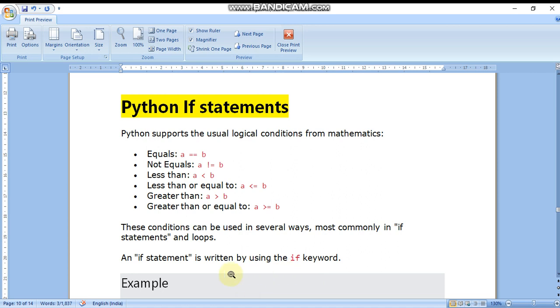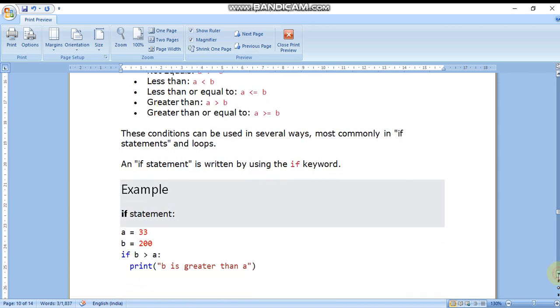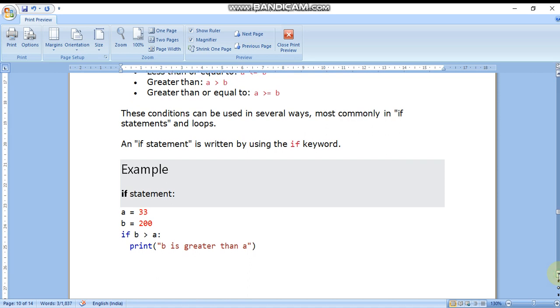The first one that I'm going to discuss is the if statement. You will see here that if should be in small letters. An if statement is written by using the if keyword. Let's see the example: a equal to 33, b equal to 200, and we compare b greater than a.